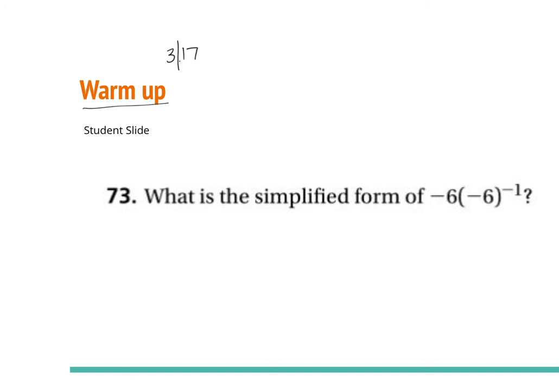Okay, let's talk about this. So, how many exponents do we have? Just 1, right? It's this -1. Do you agree? Now, the -1 is, what's the base that's the exponent for? -6. It's the entire thing that's inside parentheses, okay? So if we want to move something to the denominator, because it's a negative exponent, we have to move that whole thing, okay? So this -6 is going to stay, but we move this whole